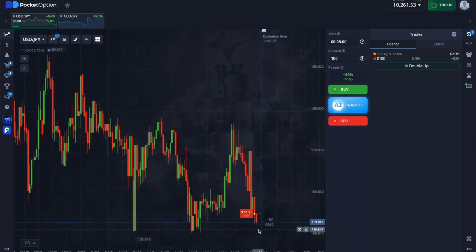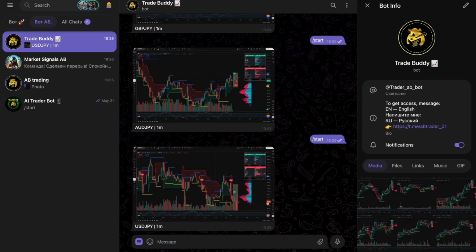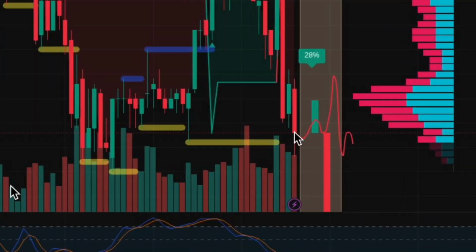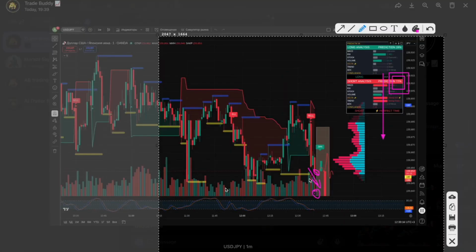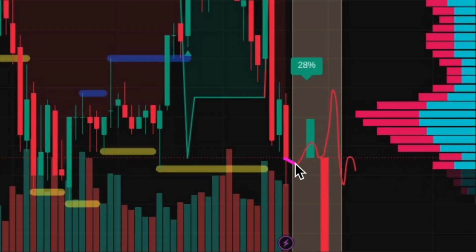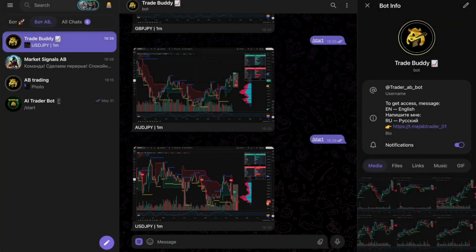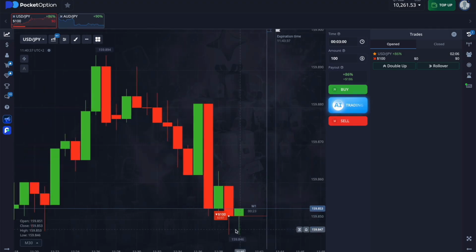But according to the bot, what did we see from the bot? We also saw that we have a 72% ratio, which is a signal for a downward move. And the future movement of the chart is also down, a downward trend. But here you see there's a news icon, meaning there will be news. The future movement of the chart is slightly down. Then there will be a correction, but our trade is for 3 minutes, so I hope we'll make it in time and be ahead. In theory, it's a horizontal level that the chart will break through.